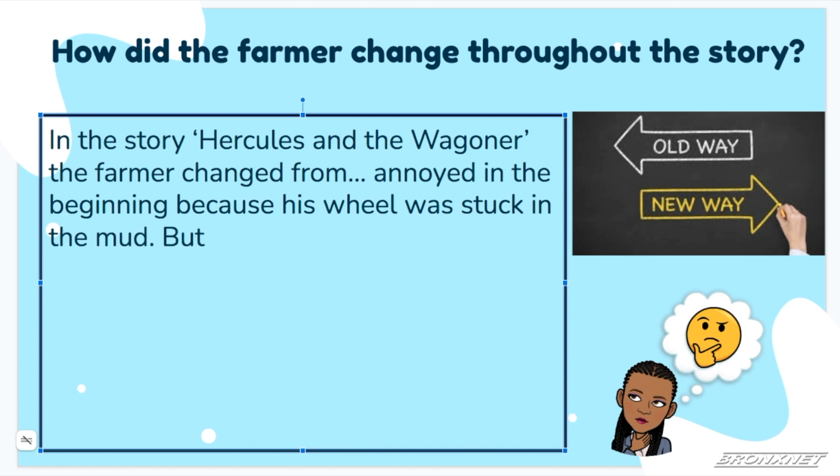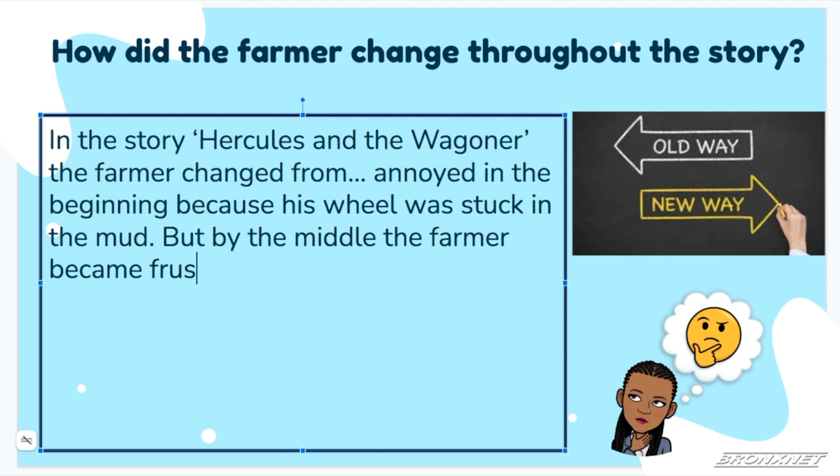But by the middle, the farmer became, what did the farmer become? What did we say the farmer became? Right you are. He became frustrated